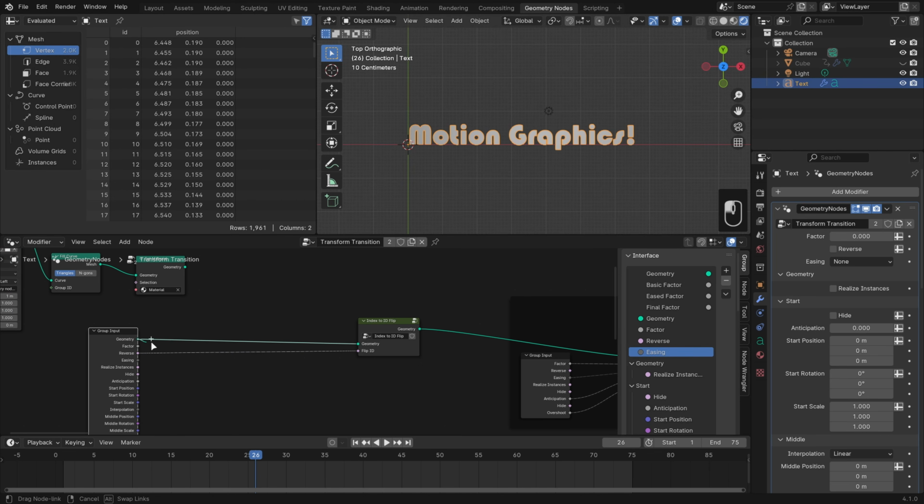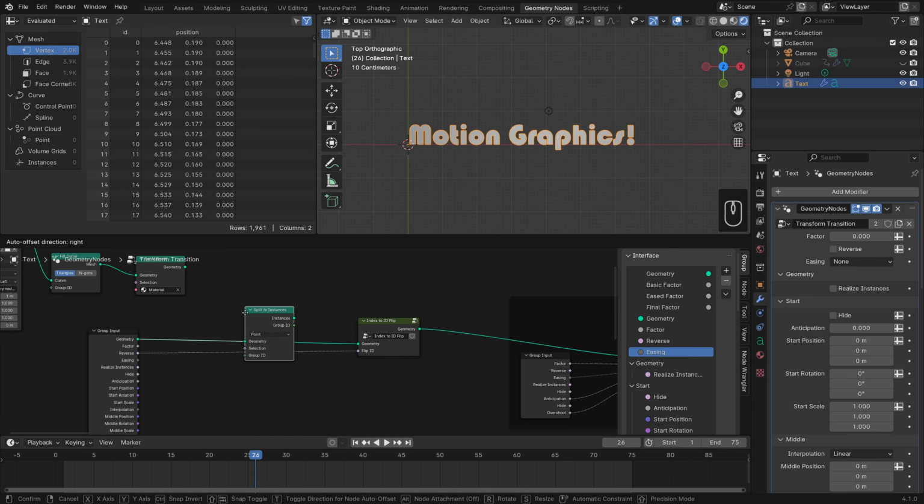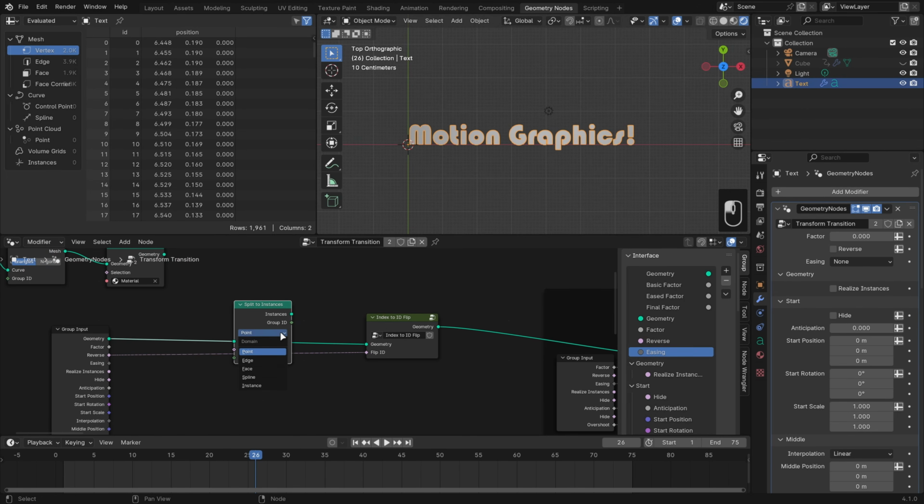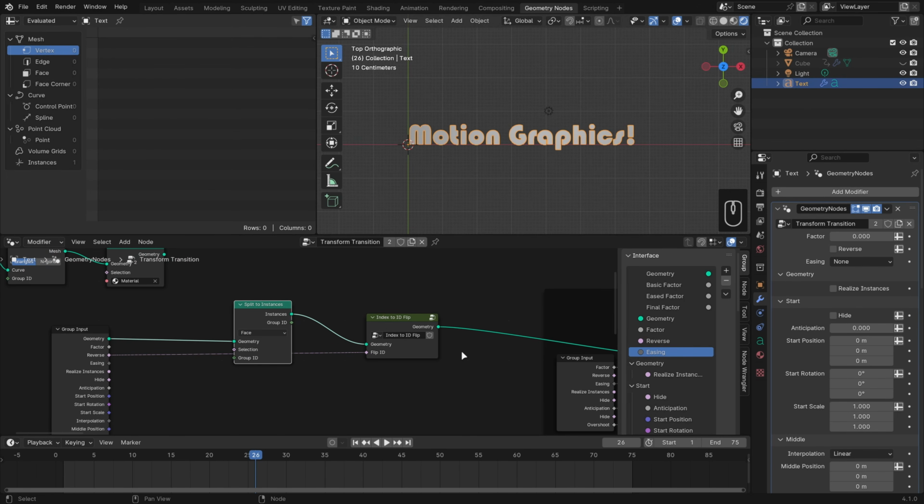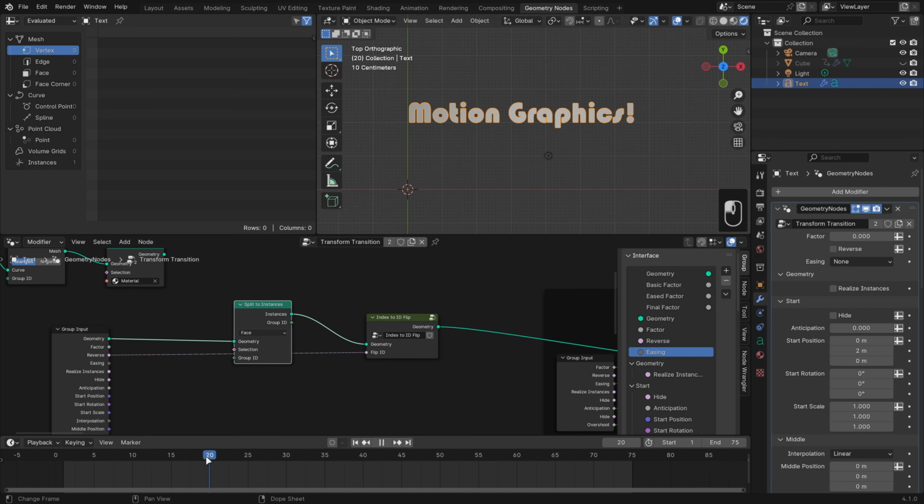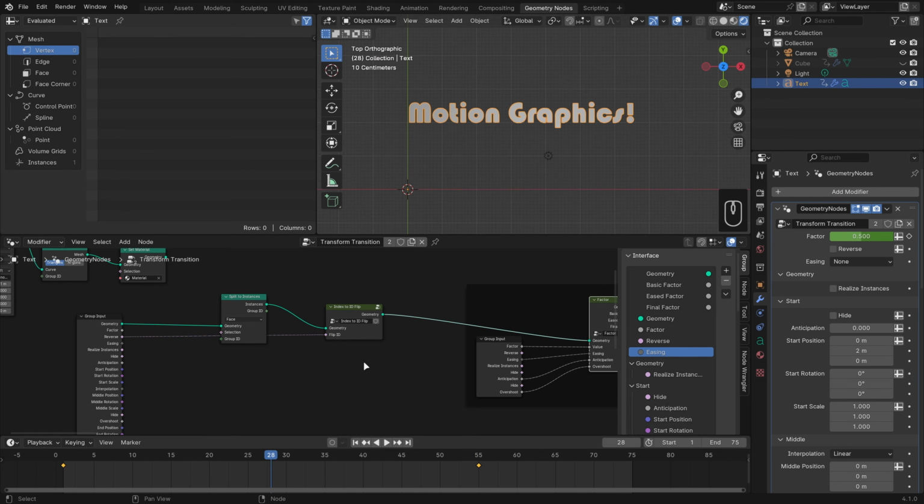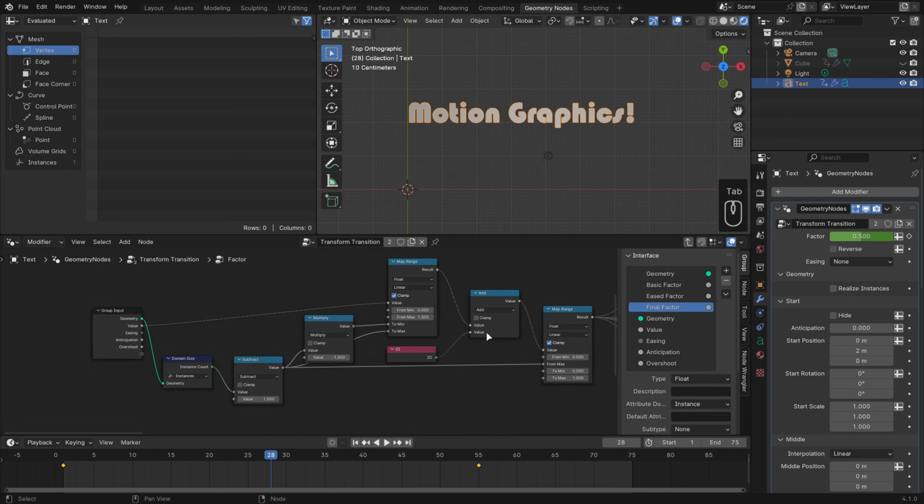So I'll take my mesh and use a split to instances node, just like so. I'll do that for faces, and I'll plug that into the geometry. Now, right now, the group ID is the same for every single face, and so we're just treating this as one instance. So if I set my start position to 2 on the y-axis, and then let's also keyframe a factor here, then it looks like it's still not going to play,